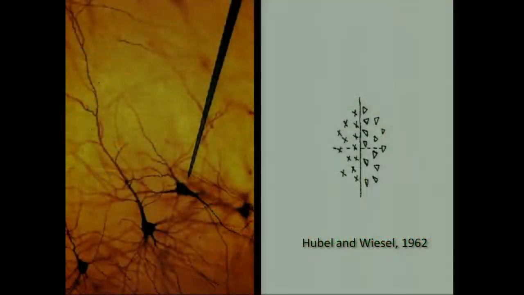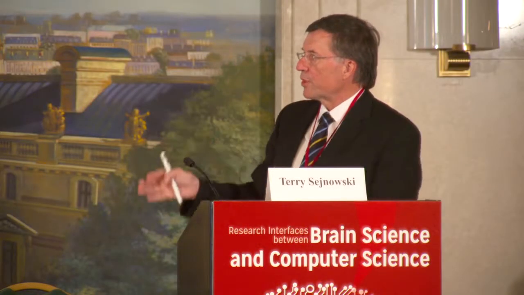Okay, now I want to step back and just give a few examples of what's happening, and you've already heard some. So this is a famous picture from David Hubel. This is a tungsten microelectrode. This is a Golgi stained piece of tissue. So this is really Photoshop before Photoshop. This paper in '62 was incredibly influential in guiding 50 years of research.